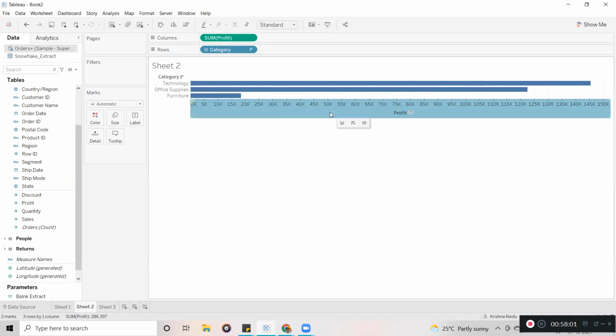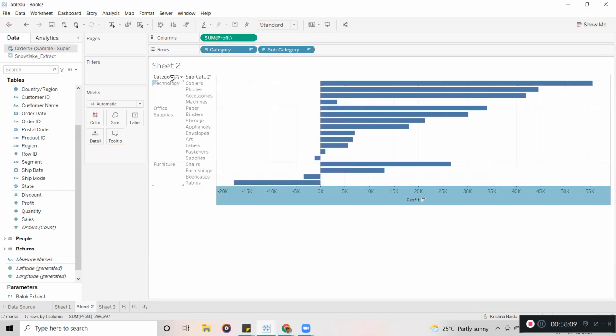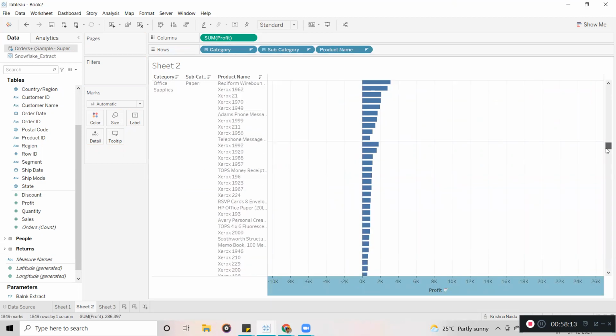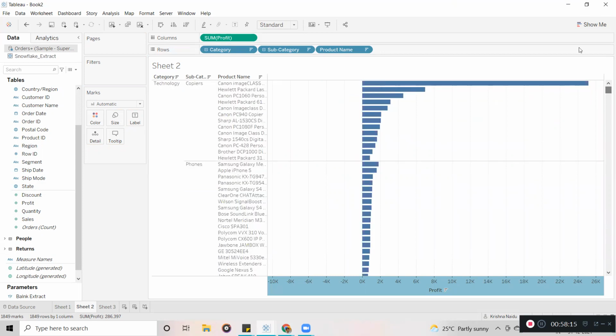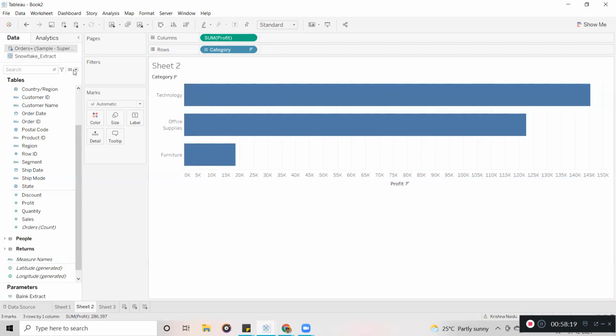Now here, the user can drill down, as we already know. So this is how the user can drill down, right? My requirement is, for example, I want to display it color-wise, with different colors.